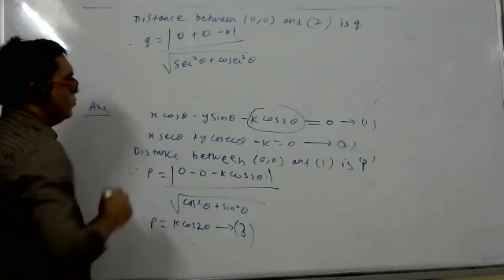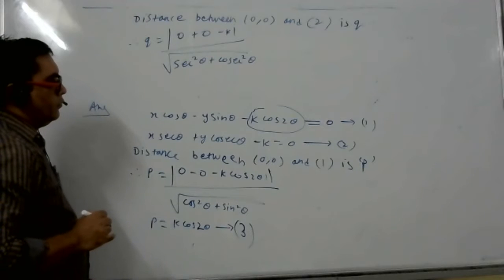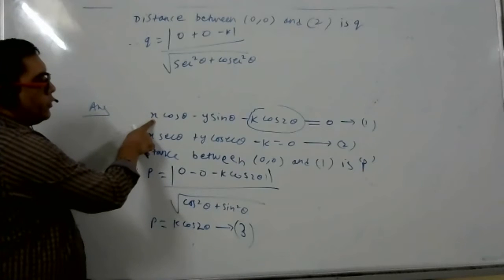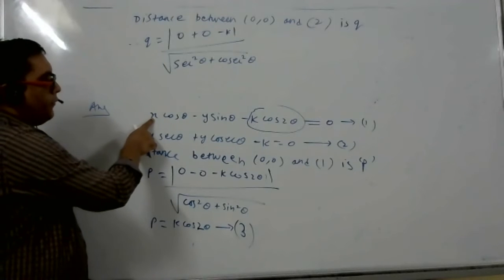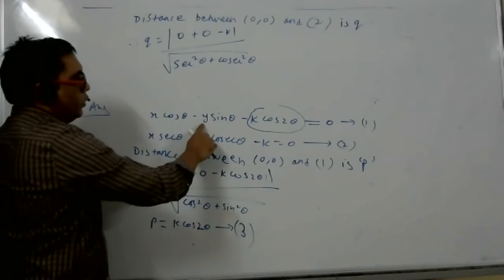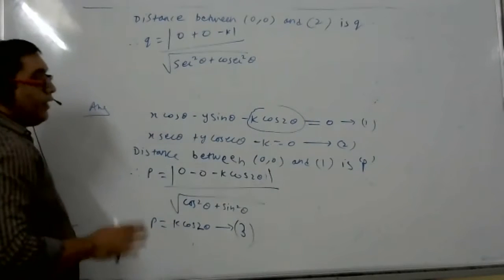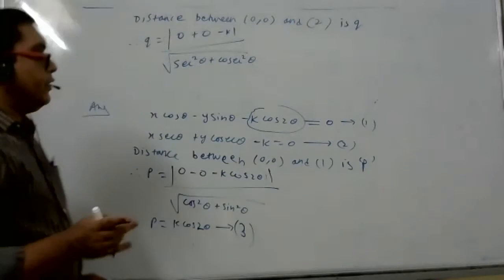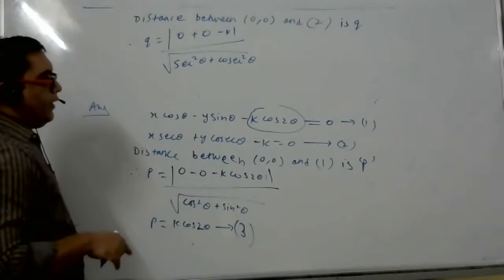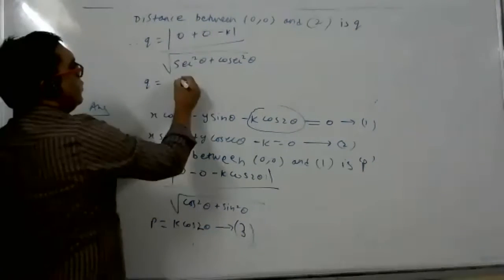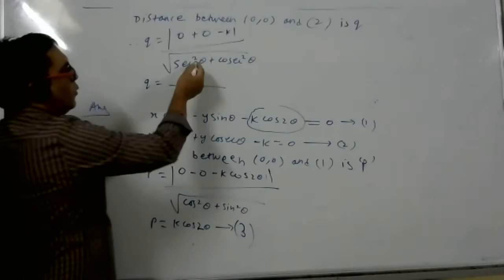Sir, how did you get P is equal to 0 minus 0 minus K cos 2 theta? In the place of X, what will you substitute, student? 0. In the full thing, 0. You are putting 0 in the full thing, the value first. Understood. Now what is the formula? AX1 plus BY1. I wrote the formula also. Just referred. Q is equal to K by, what to do with this one?